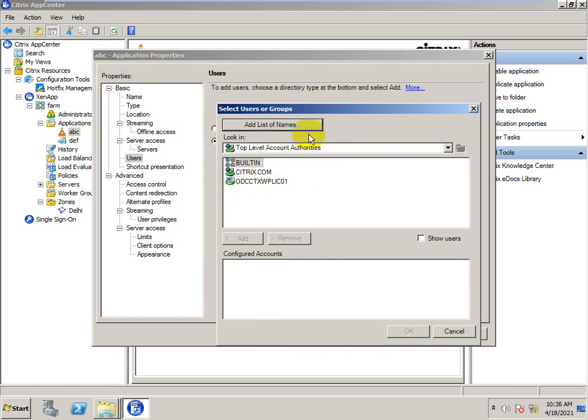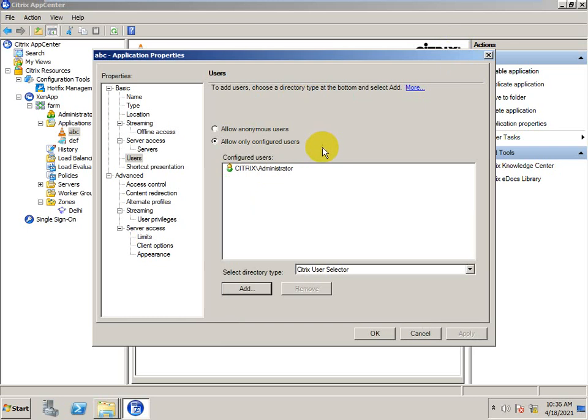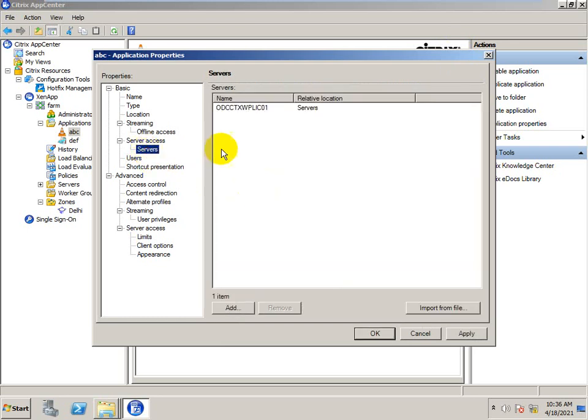The format is domain slash group or user, or user group at the rate domain. And if you want to add a server, or remove a server from here, you can remove and add.